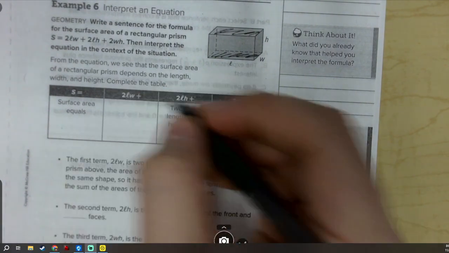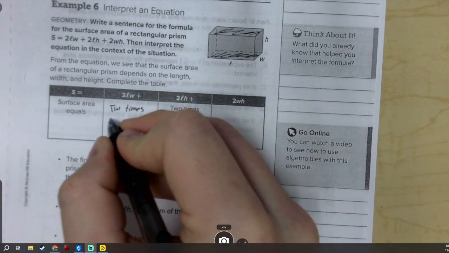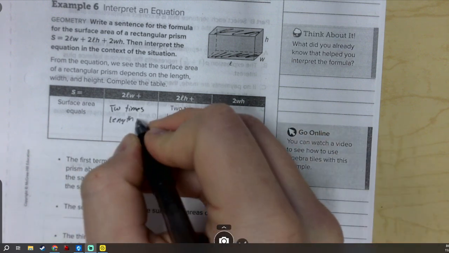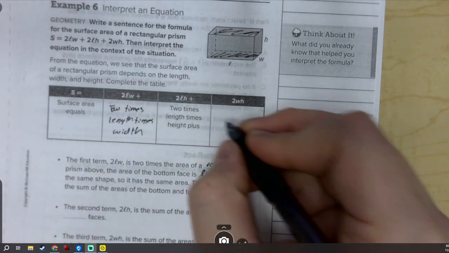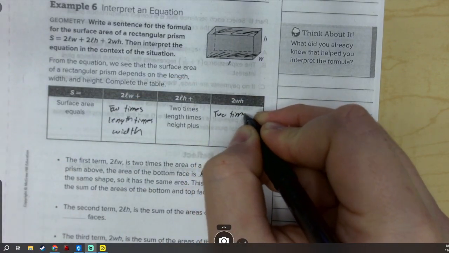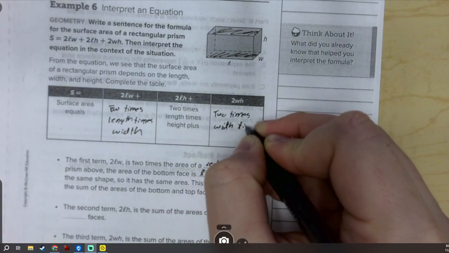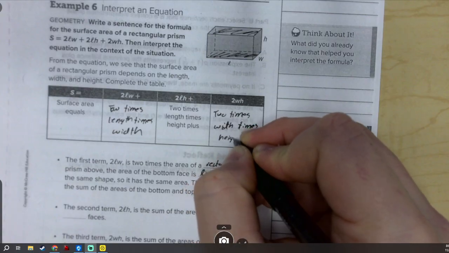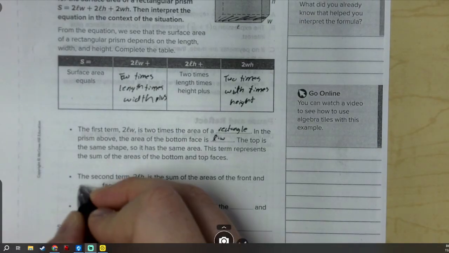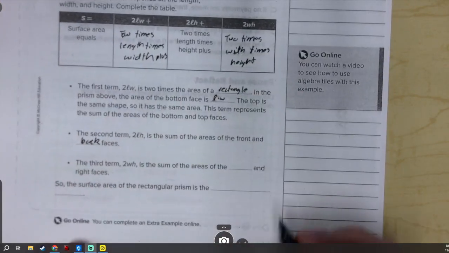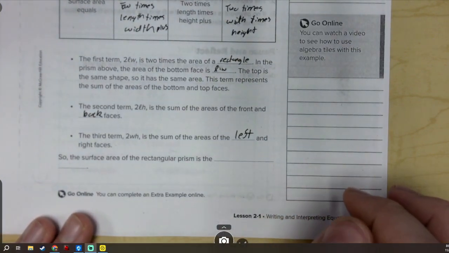Surface area equals, so 2 times length times width, 2 times width times height. The second term is the sum of the area of the front and back faces. The third term is the area of the left and right faces. So the surface area of the rectangular prism is